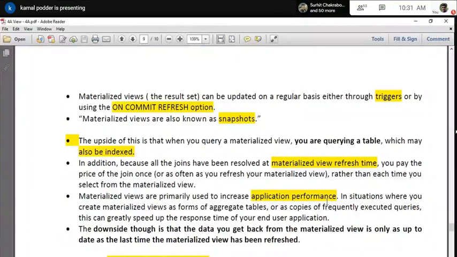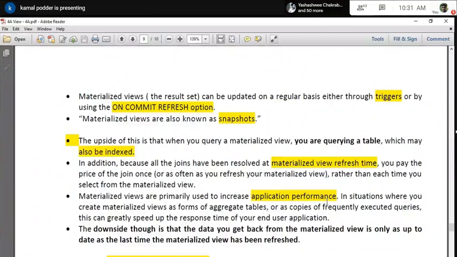As soon as the table is updated, inserted or deleted, it will automatically run the view and the result set will be updated. Or you can define some clause while creating the view.